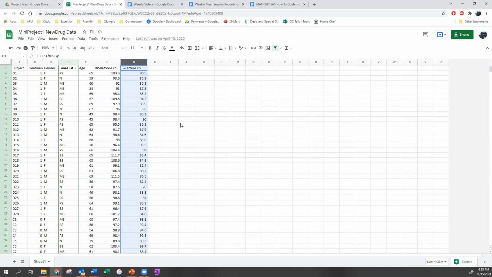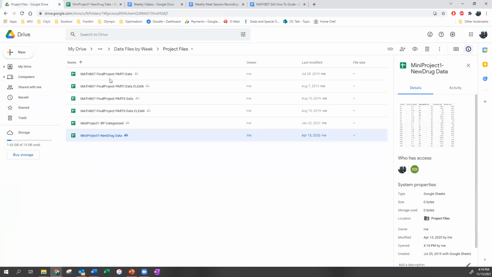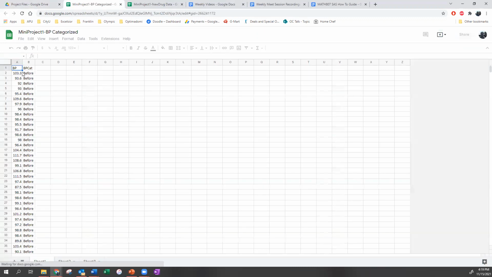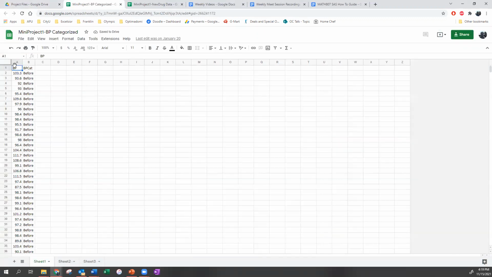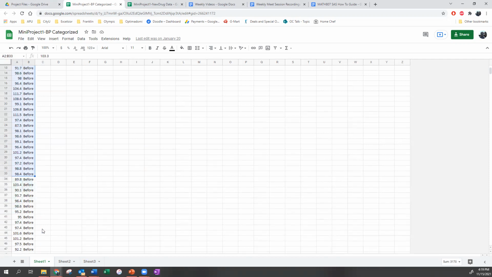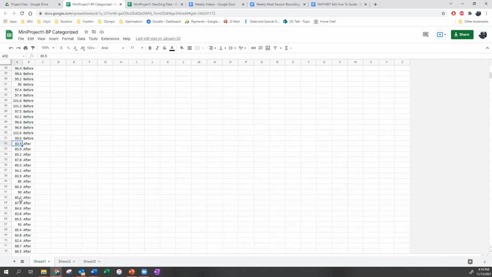And when you go in to do a side-by-side box plot, you tell it, okay, I want to do BP before and I want to do BP after. And all it's going to do is spit out 2 separate box plots. They're not going to be side-by-side on the same axis. In order to get a side-by-side box plot on the same axis, you have to use this set of data, where what I did is I took all of the BP data and I put it under one variable called BP. And then I gave it a category variable, BP cat for BP category. And you can see that all of this data is the BP before, right? Because it says before. And then as you scroll down, you see here's all the BP after.